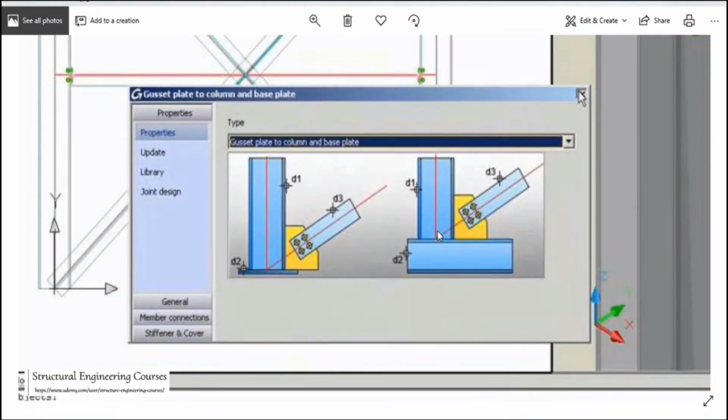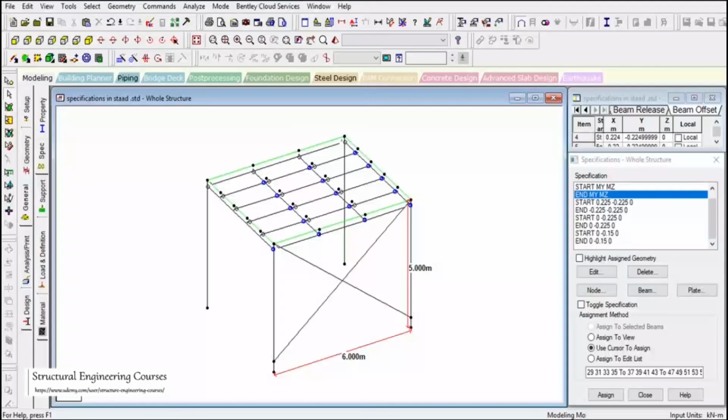Because, as I told you earlier also, let us say we are offsetting the connection by 0.4 meter. This is the thing that I am trying to convey here, and I am repeating it again and again: we need to make our structure as close as possible to the physical structure, the actual structure that will be constructed on the site.